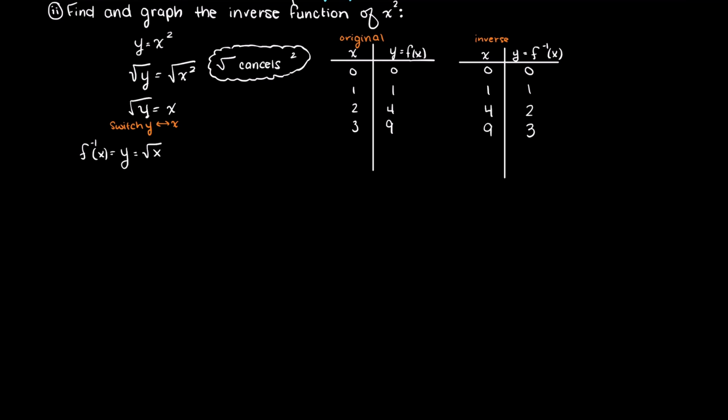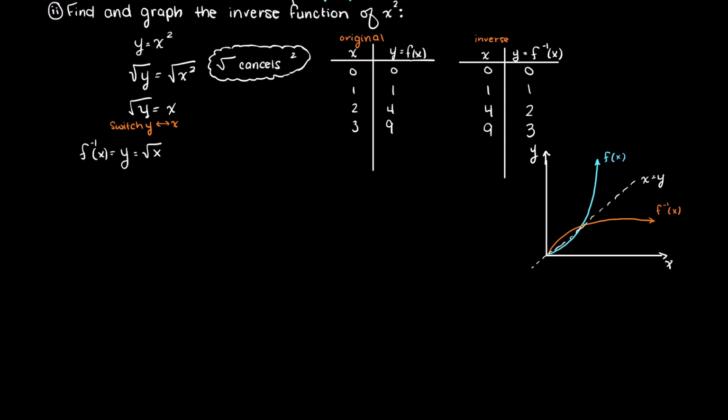Like I said earlier, I recommend doing it this way on your test too, if you have time, as it allows you to ensure that no errors were made. If your x and your y values do not match when switched in the inverse function table, then you know the function is not invertible or an error is made, like I said earlier. So then we just have to graph these two functions, and this is our final answer.